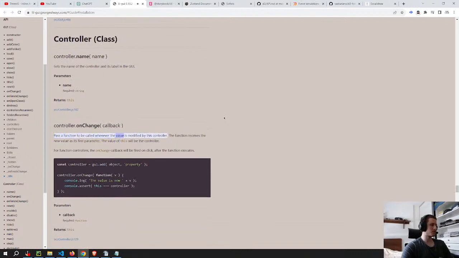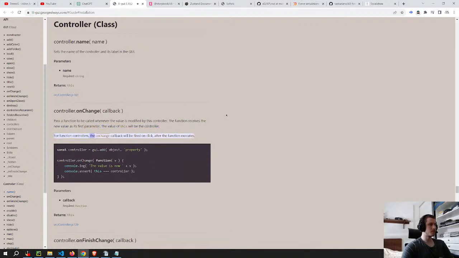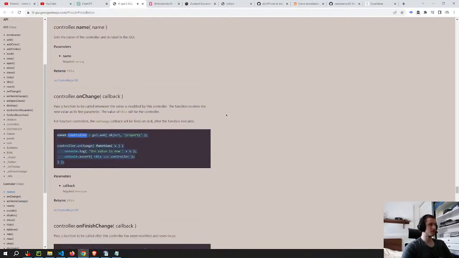Pass a function to be called whenever the value is modified by this controller. The function receives the new value as its first parameter. The value of this will be the controller. For function controllers, the onChange callback will be fired on click after the function executes. const controller = GUI.add(object, property); controller.onChange(function(v) { console.log('the value is now ' + v); console.assert(this === controller); });